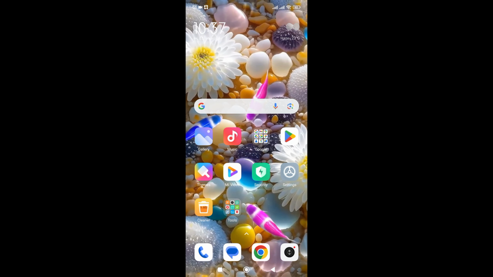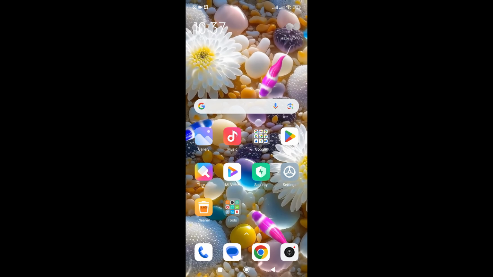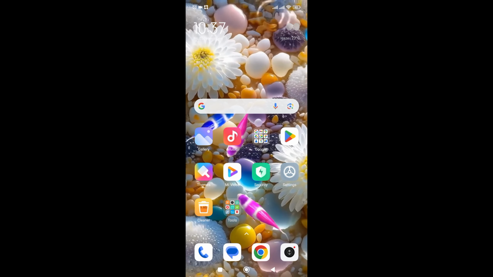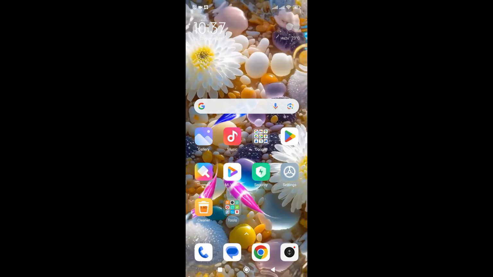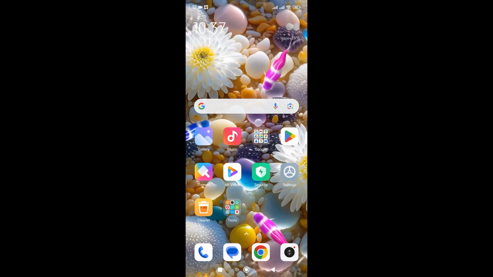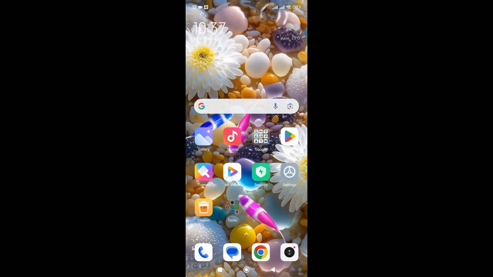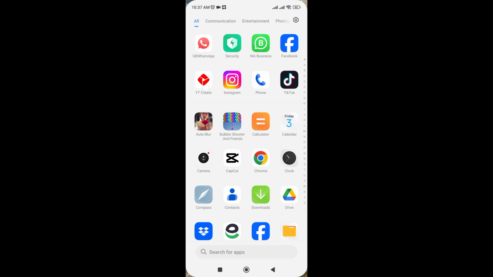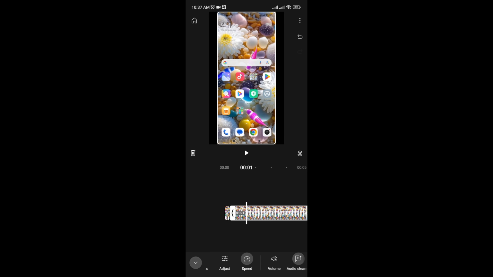I'm going to show you how you can get the slow-mo of the video in YT Create application. It's super easy and we will make sure you get it right. You just make sure to watch the complete video carefully to avoid forgetting anything and making mistakes. So let's get started. Open the YT Create application and you can see I have opened up one of my